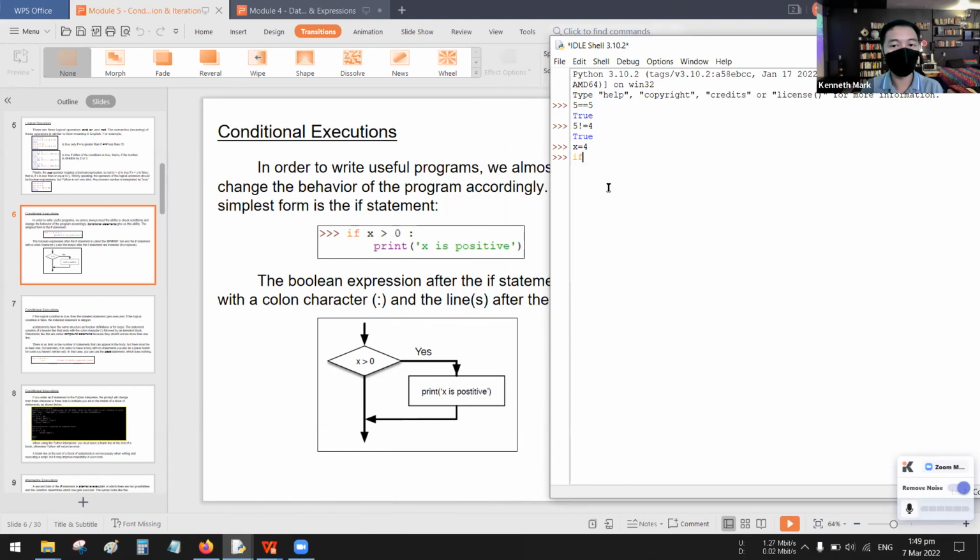And then we use the conditional execution. So we have the if statement. So if, then followed by the statement, x is greater than 0. So this is our statement, followed by the colon. So you may take a space, then a colon. Then when you press enter, automatically,